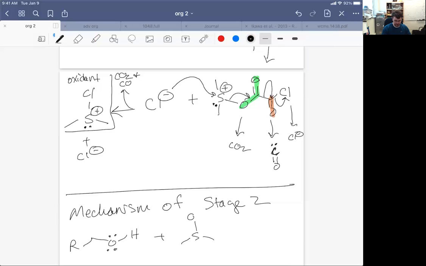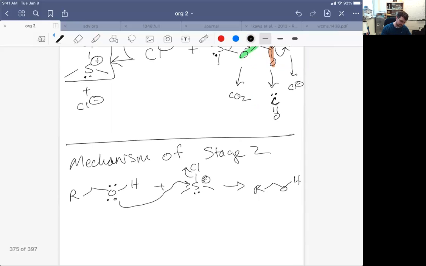The sulfur atom's somewhat of a trickster because it's got that positive charge, but it's also got an octet. So the oxygen is drawn to it, but the sulfur atom is going to eject the chlorine in an SN2-like reaction to give us,